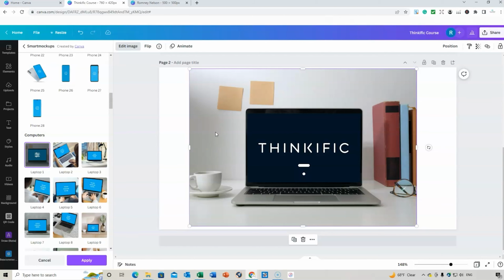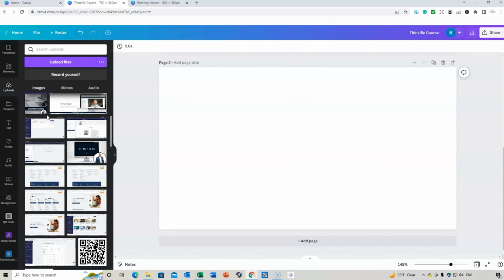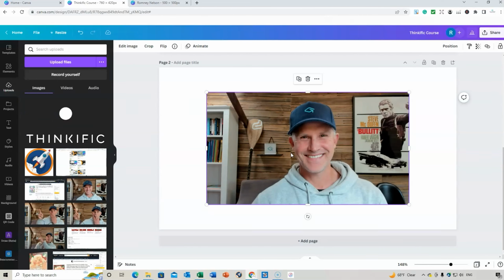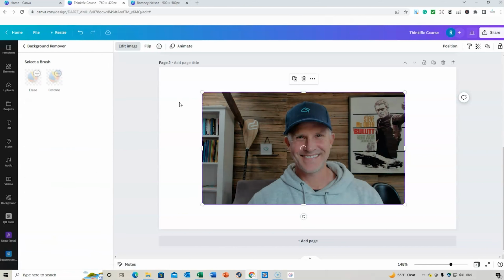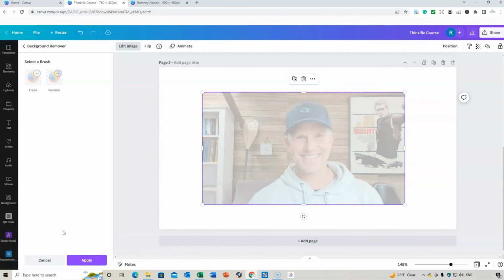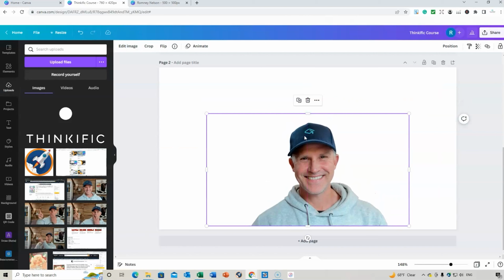Another thing you might want to do, if you delete that, again, this is under the Pro plan. There are different things that are available. If we go to this just here, it's just me smiling away. If you go to Edit Image and you go to Background Remover, it's under the Pro plan only, then that will get rid of all of the different elements behind me, and might just leave me. I'm hoping to anyway. We'll wait and see how this turns out. There he is. So that allows me to then use my image to create different thumbnails if I want my image to be on there as well.